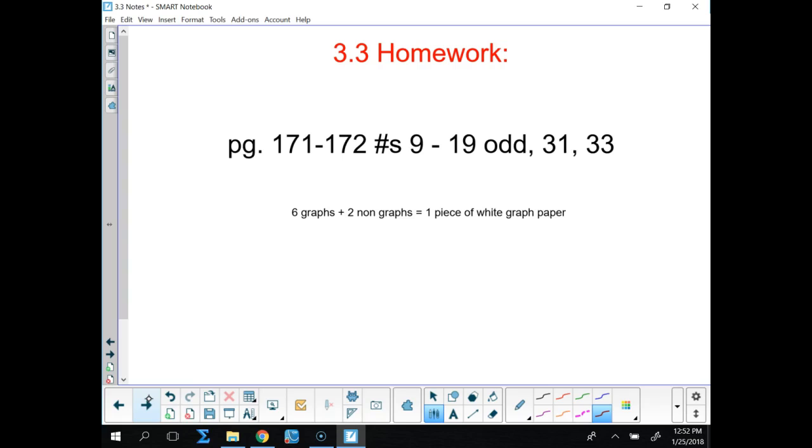You will need one piece of white graph paper. This one will be due on Monday. And don't forget,